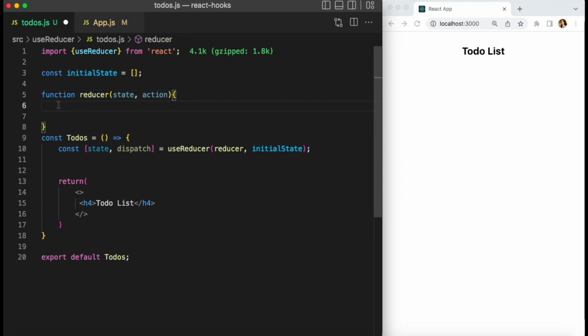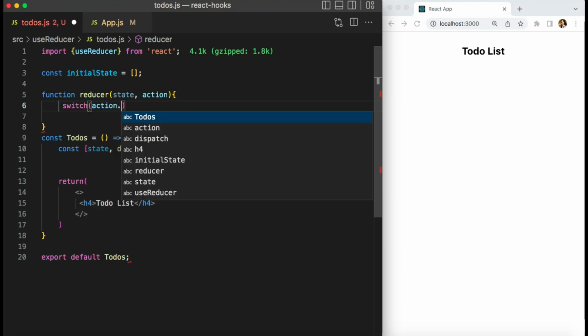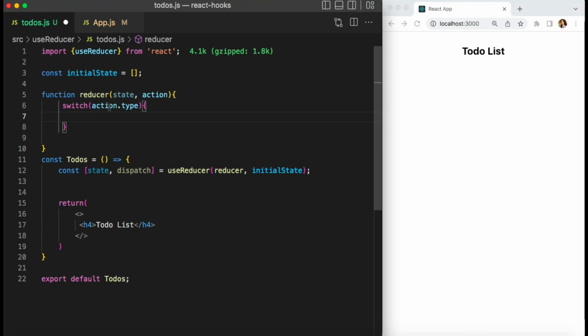So now, as I told you, all state updates are going to be done inside this reducer, right? So we have to differentiate what kind of state we have to update. We want to update the state for adding a new task or deleting a task or updating a task, right? So to differentiate that, we have this action, because from the component we are going to dispatch some action. So with the help of this action type, I'm going to decide for which action I need to update the state. Fine. So here you just need to say whether it is add task